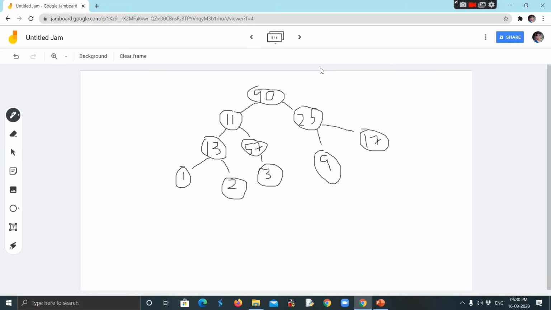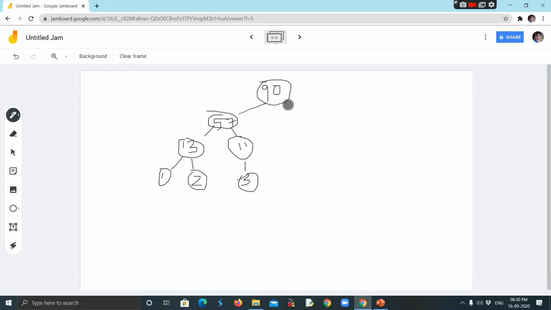What is the rest of the element at the right node? 25, 9, 17. Then we have 25, 9 and 17 over here.